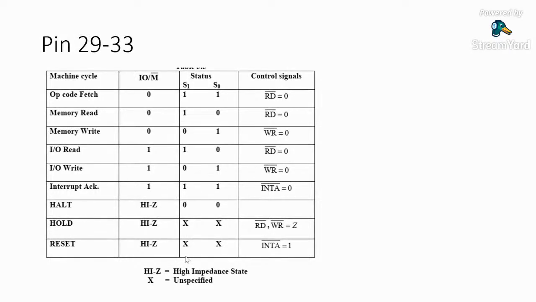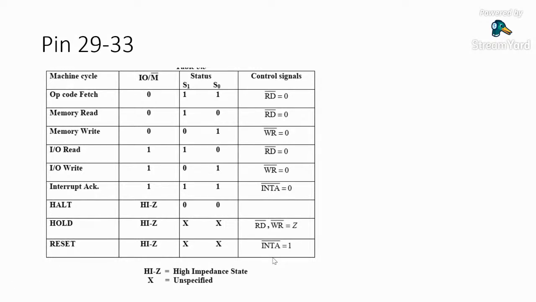And then after that, the status will be neglected, both hold and reset. But the control signal plays the main role here as a controller. So whenever it goes to a hold machine cycle, then the read and write pins will be high impedance. Okay, and then the control signal of reset, meaning that the